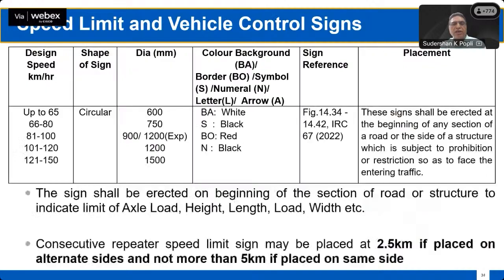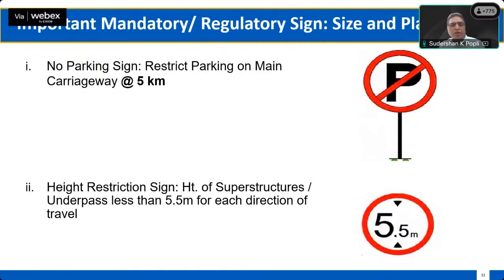Then the no parking sign is to be placed at every 5 kilometers. It is to be placed on expressways. Then the height restriction sign: wherever the height restriction is less than 5.5 meters, in the case of a VOP or an underpass, this sign should be placed. And this 5.5 meter sign should be placed from where